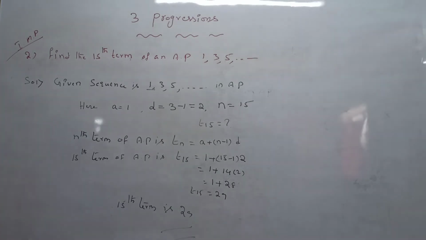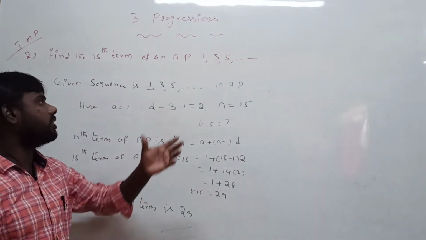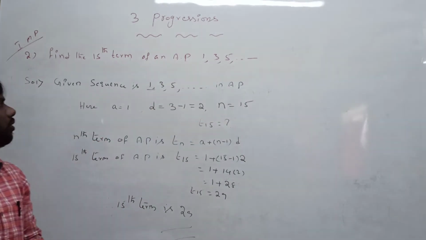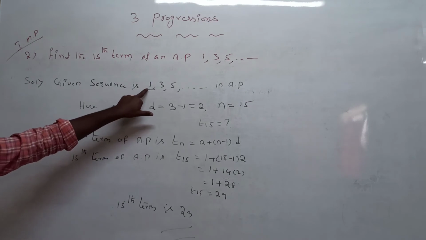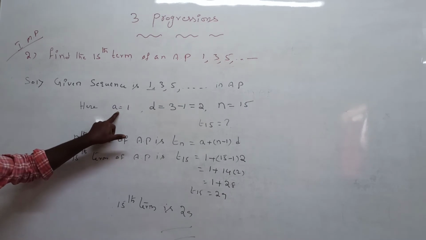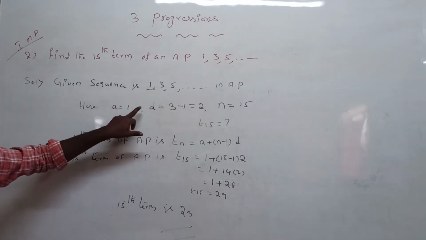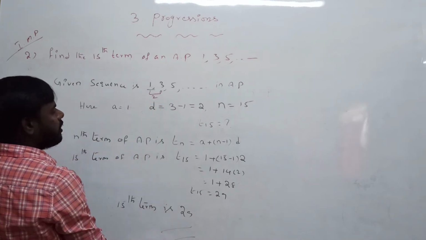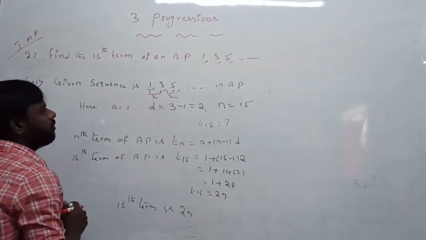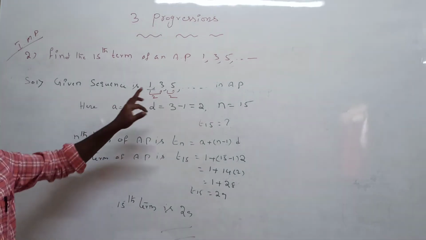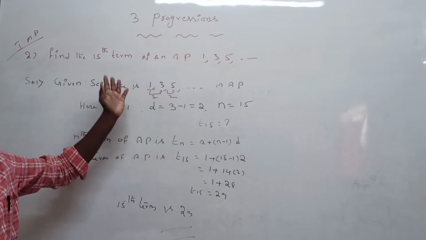Very easy to solve this. They directly give one sequence. That sequence is definitely a sequence in arithmetic progression. Now what is the a value? A is nothing but the first term. So what is the first term here? 1. The first term is denoted by small a. Small a is equal to the first element. D is equal to the difference between two terms. The difference here is also 2. That's why common difference means any term minus the term before it. I am taking 3, the term before it is 1, so 3 minus 1 is 2.